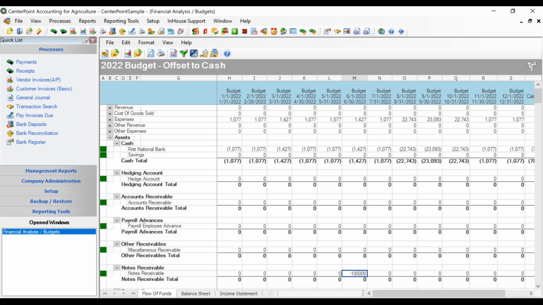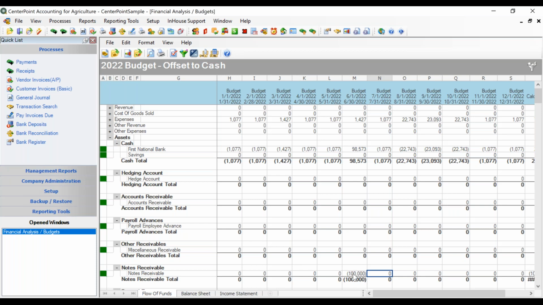$100,000. Just need to make sure I have enough zeros there. Nope, I think I have one too many zeros. Okay, so I would go ahead then and hit tab, and that would go ahead and put in the minus